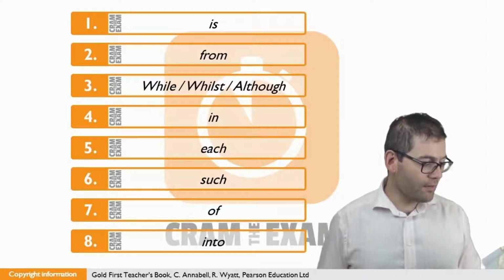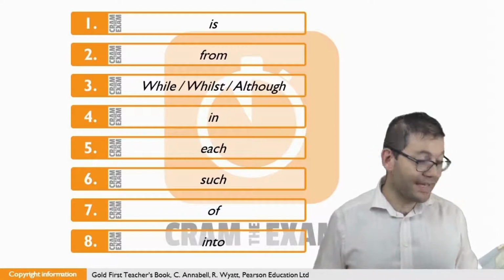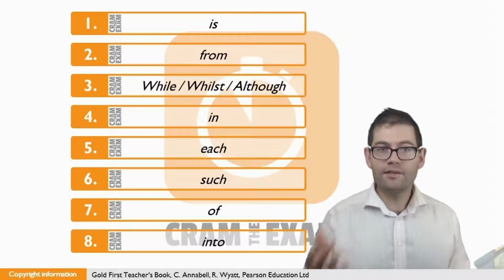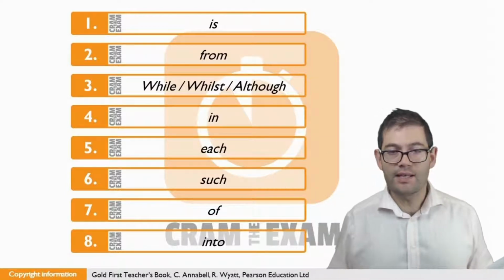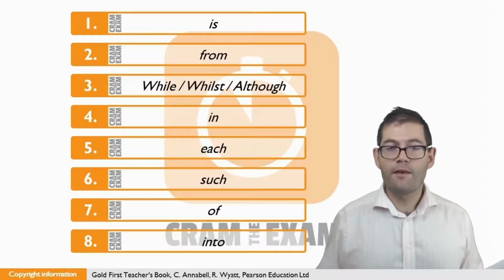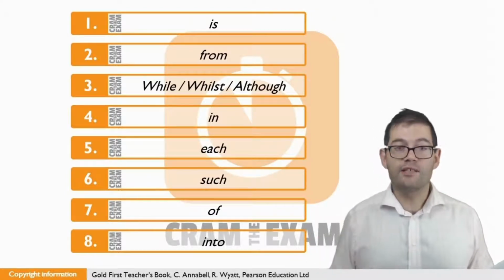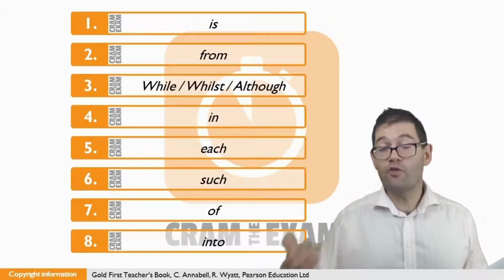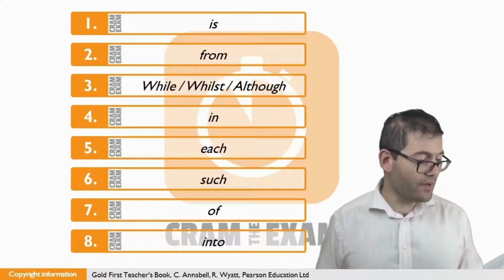Well, we can see that we've got an introductory clause which tells us how many words this Kanzi understands, and then after that you've got "which" refers to this amount of words that Kanzi can understand, and then it says a very impressive number. Well, one thing that's missing here is a verb. And in this particular case, we need the correct form of the verb be. In this case, is, which is a very impressive number.